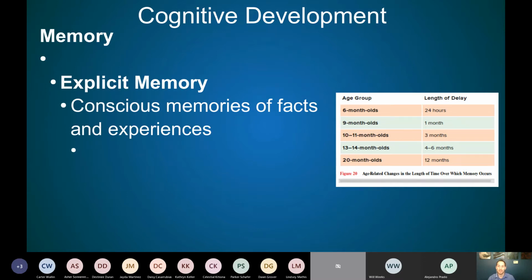Part of the reason for that is that in that first 6 months, in that first 20 months, your brain is literally learning how to make connections. It's making lots of connections, new dendrites, new axon branches, and learning how to make memories. So that's one reason we often don't have memories from that early on in life, because there's nothing to connect it to. There's nothing to make it meaningful. We have to start making meaning and then attach things to that, making more and more memories. So it's kind of a developmental process of building memories on top of memories. That's one reason it's so hard to remember things that early on in life.